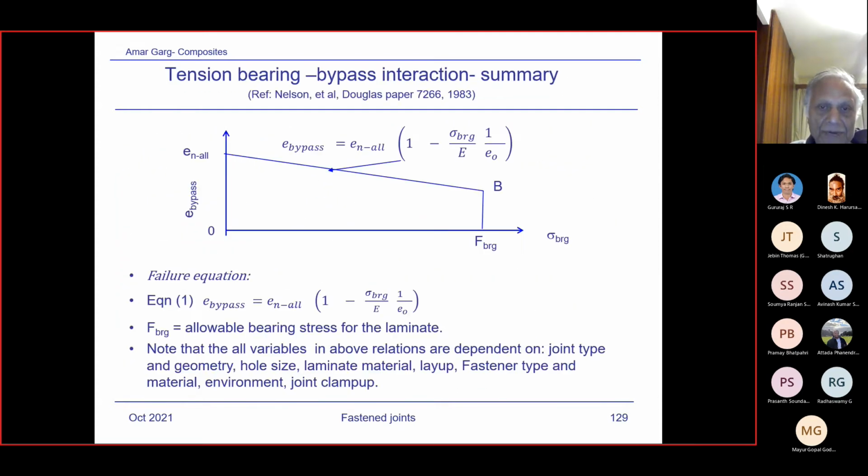I had discussed this tension side, bearing and bypass interaction, and how we get it. Essentially, the procedure was in order to determine this line, which is showing the bearing and bypass interaction. This is bearing, and this is bypass strain. And we showed, okay, at